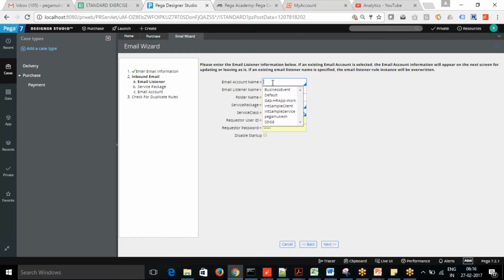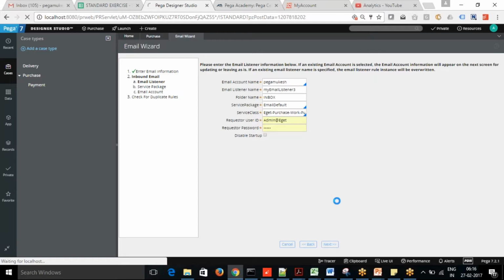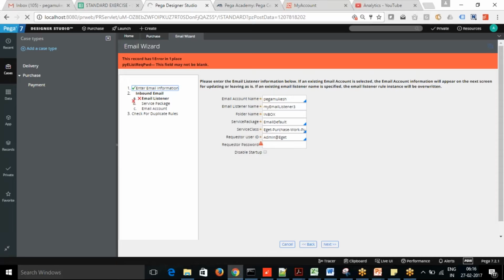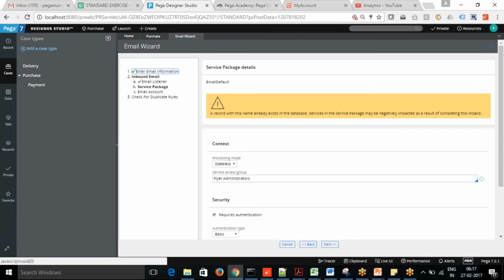And you need to create an email account as well. So let's say I'm going to create the Pega Mukesh, which is my default one. By default it will be set up there.